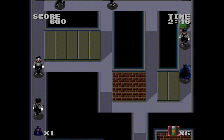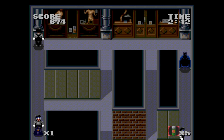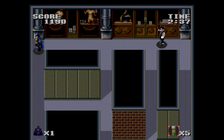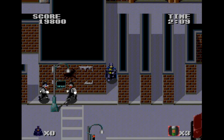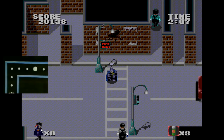Playing it feels kinda like a weird mix of Pac-Man and the original Mario Brothers. Not Super Mario Brothers, mind you, Mario Brothers. Maybe even a little bit of Adventures of Lolo and a dash of Bomberman. You traverse these mazes and try to avoid the Joker's minions like a game of Pac-Man, and your power pellet